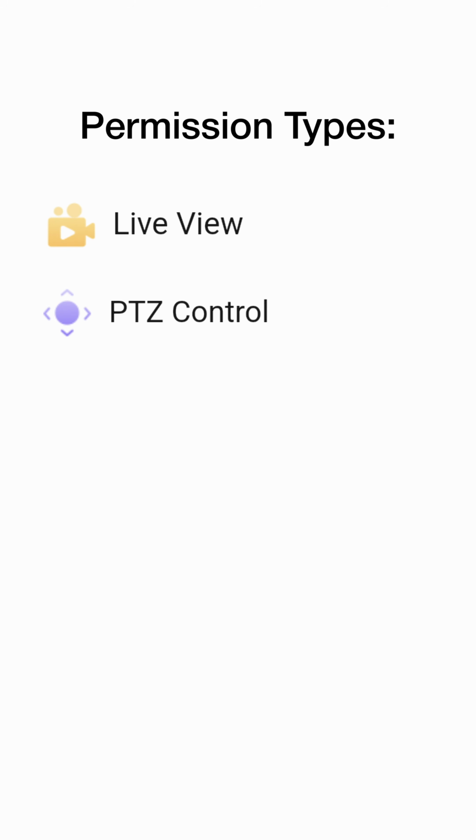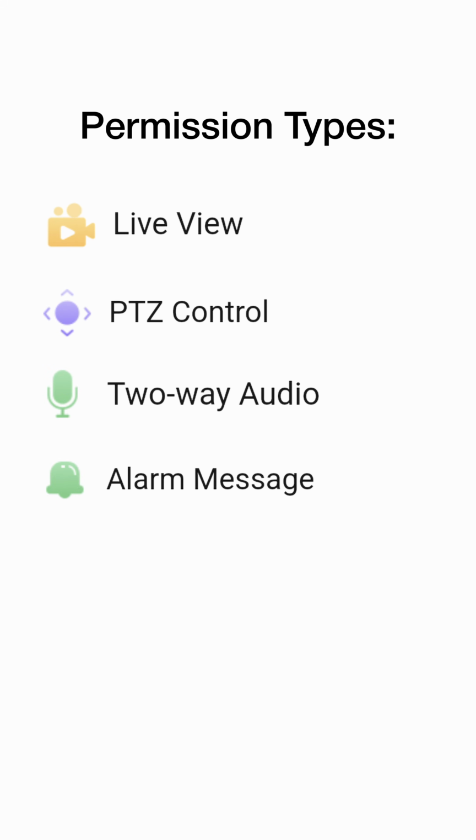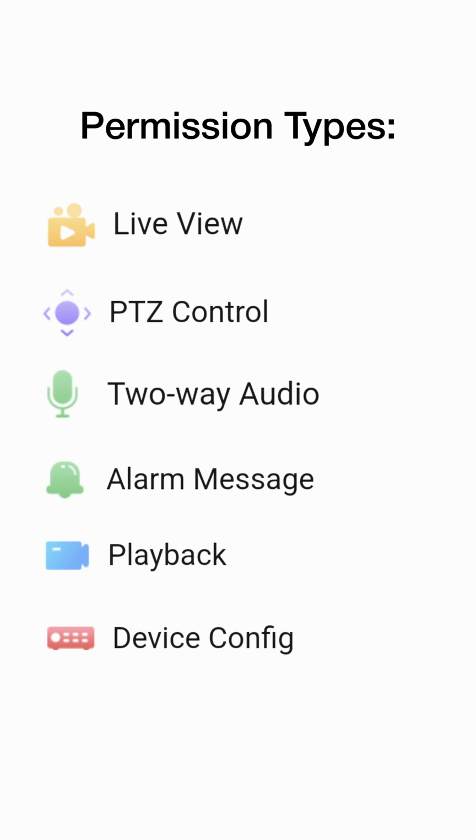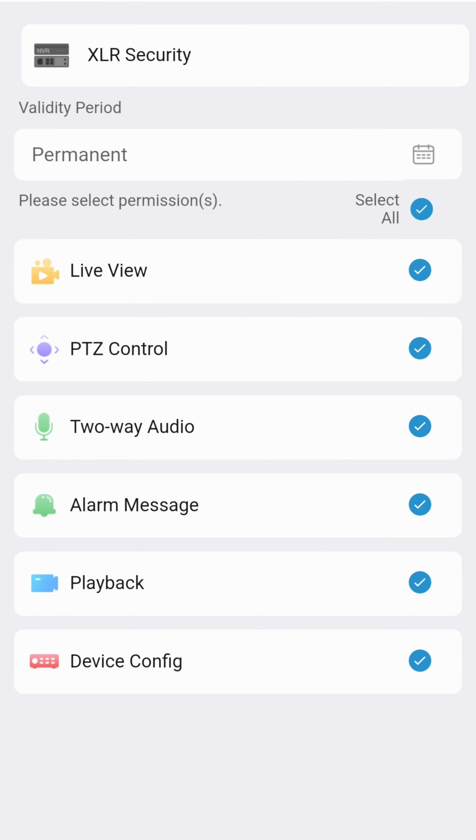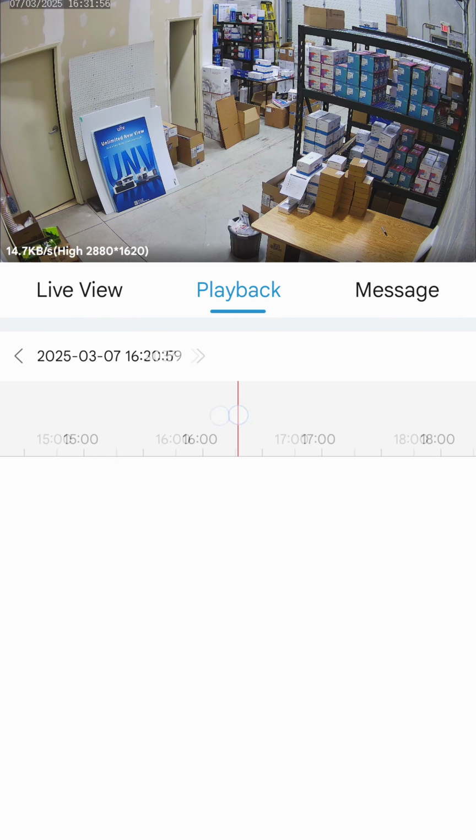The types of permissions that you can restrict include Live View, PTZ control, two-way audio, alarm message, playback, and device configuration. For example, if you remove the other user's playback permission, they'll get a message saying that they don't have